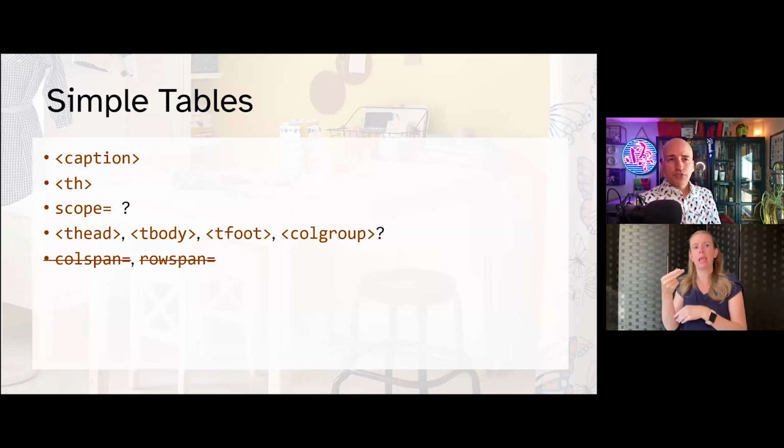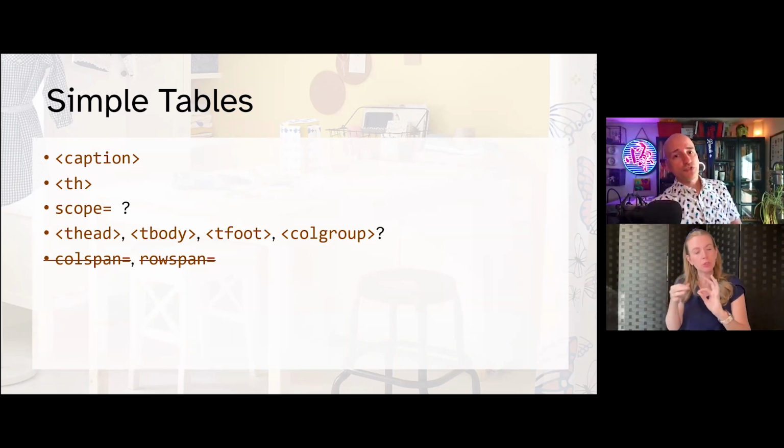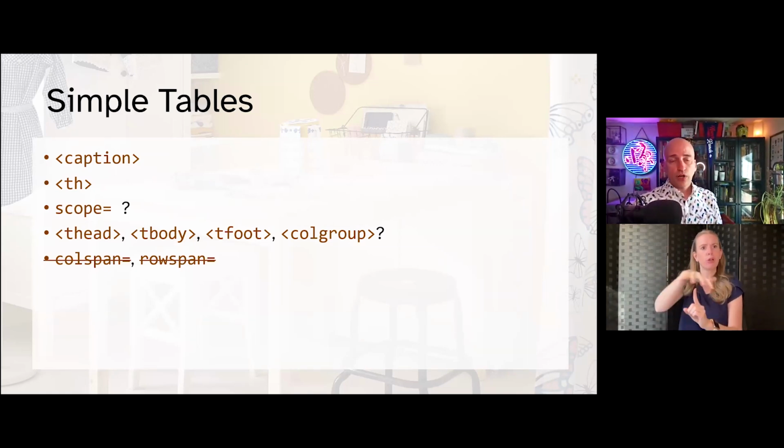A simple table is structurally straightforward. Ideally, it gets a caption. HTML has a caption element, so please use it. It functions well, and it provides context for all users. You could use ARIA instead of the caption if you hate HTML. Using ARIA labeled by to point to visible text still lets a user see and select it. Using ARIA label, however, hides the text from most users, can't be selected, and is unlikely to auto-translate.